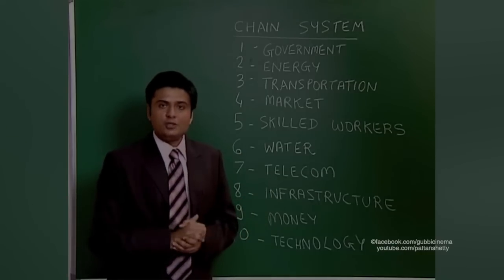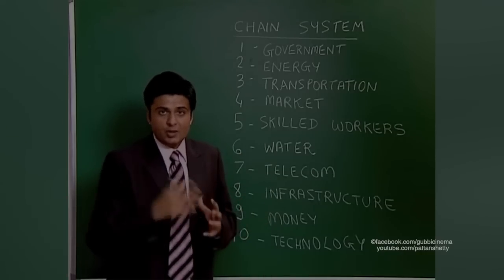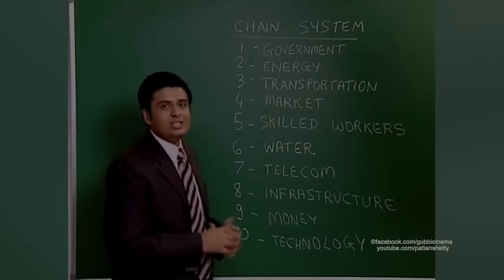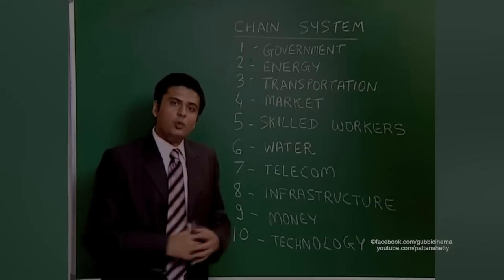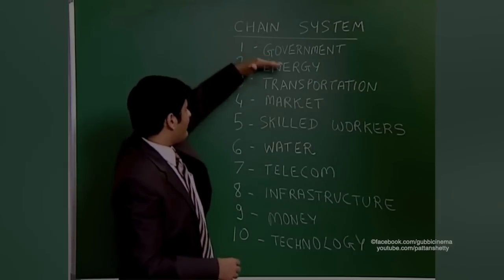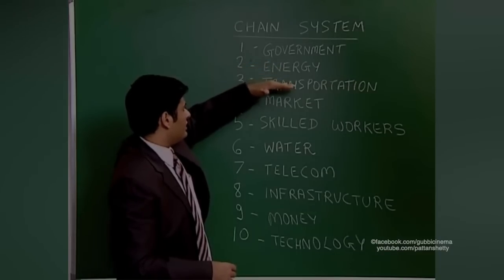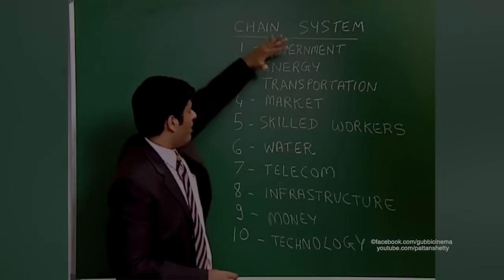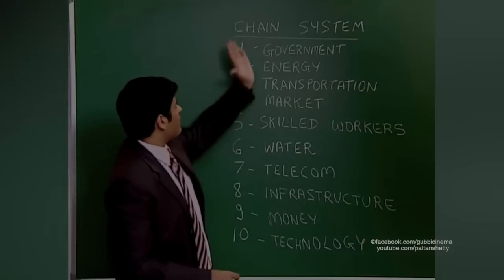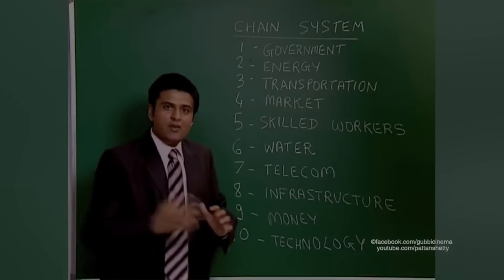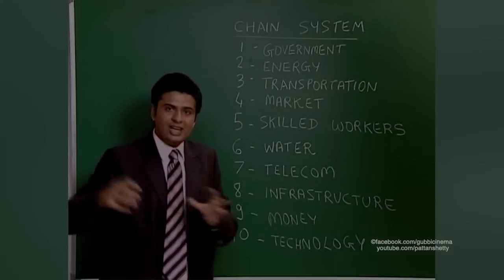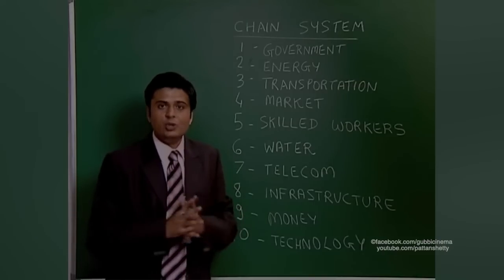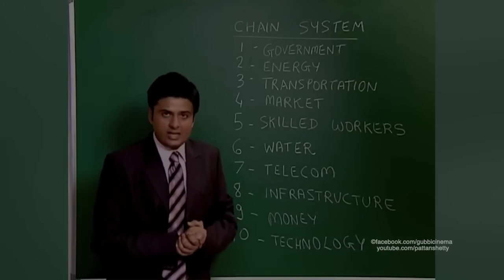One of the greatest obstacles students face is they have to remember a lot of answers from their textbook. So now I will teach you how the chain system works. Here what we do is we link the first point with the second, second with the third, third with the fourth, fourth with the fifth, and so on till we form an entire chain. That is why it is called the chain system. We form a storyline, a sort of 10 pictures linked together as a video so that it is easy to remember. Let us see how this technique works.